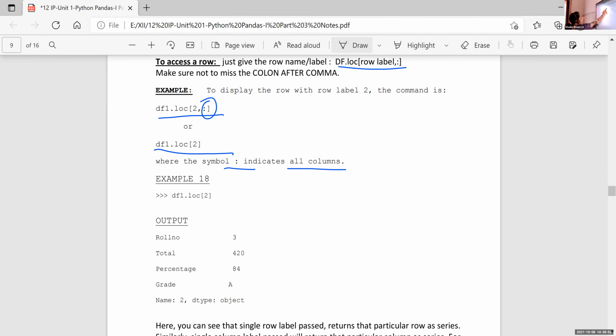To display the row with row label 2, the command is either df1.loc of 2 comma colon, or df1.loc of 2. Okay.